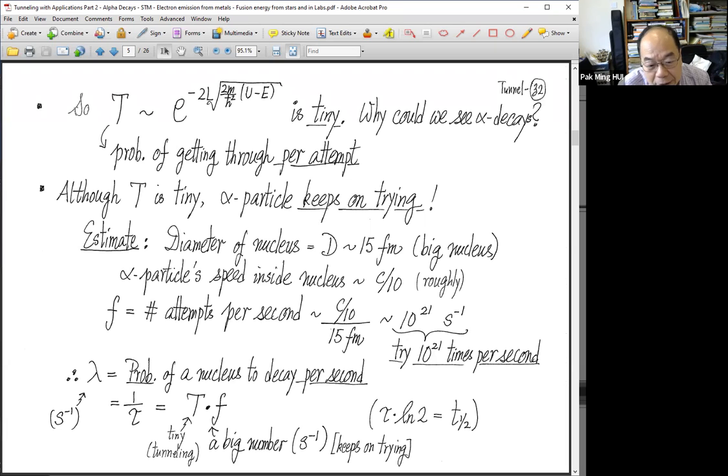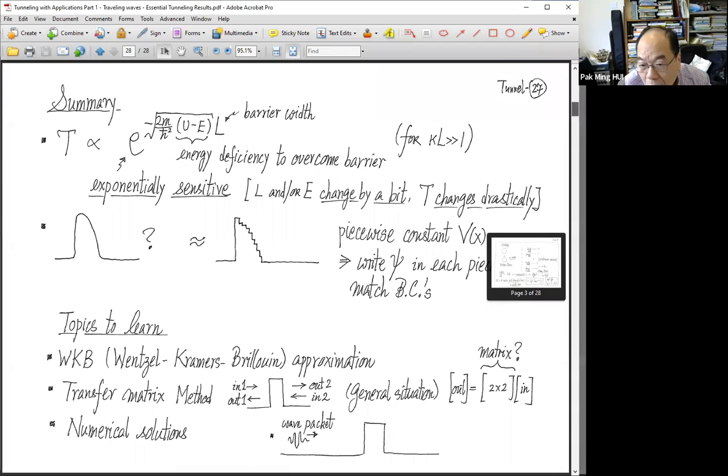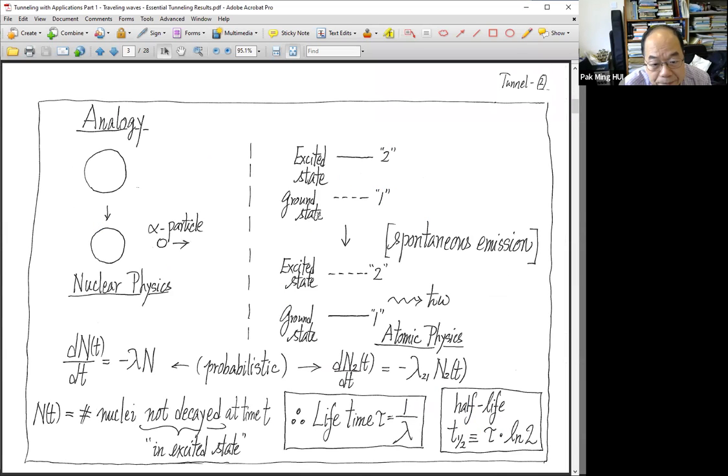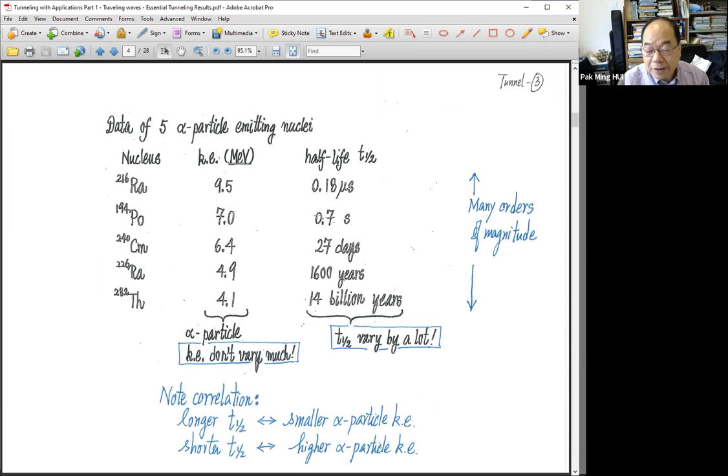And related to this, this idea also explains this phenomenon that I showed you in the motivation. Although the energy of the alpha particle that comes out from decays all falls in a very small range, a few MeV. Apparently, they don't look very different, but as we said,